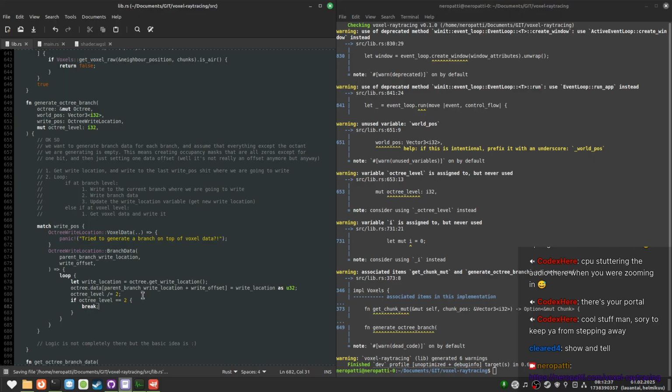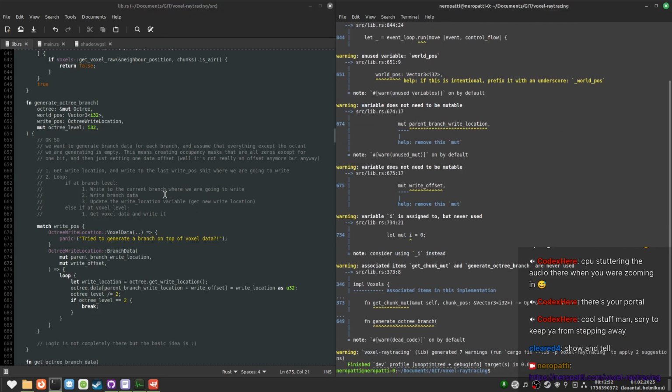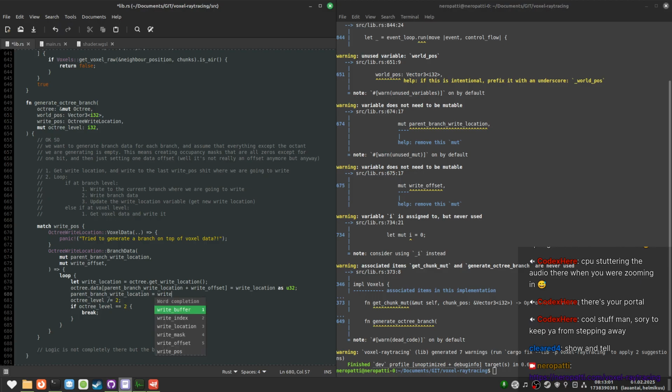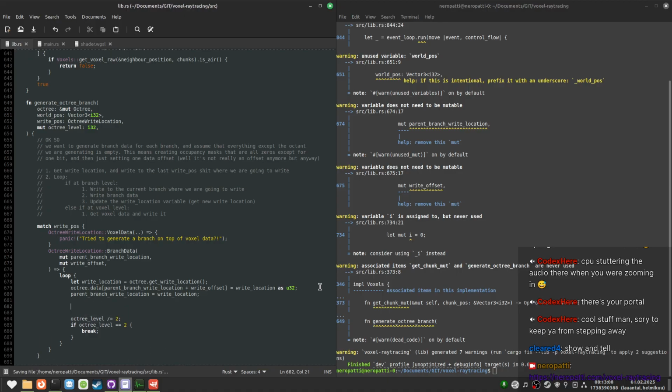That's good. I want to make this mutable. This also has to be mutable. We have to get the right offset, which is going to be the most difficult part of this.